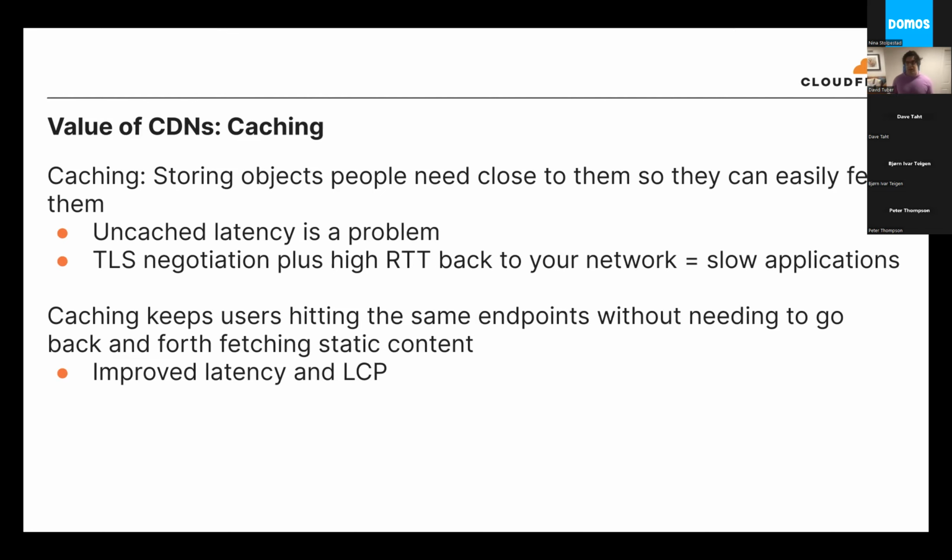If your cache ratios are bad, basically, if users have to continuously go back to your website and go back to your origin wherever it is, let's say it's in Ashburn, Virginia. If users have to go back to Ashburn over and over and over again, that can be a problem if the user is in Riyadh. Not just because they have to go all the way back there, but if we have to establish TLS and SSL, we have to do three-way handshakes, we have high RTT, you're going to have a really bad time. Caching keeps everything close. If for some reason you have to reestablish TLS, we'll talk about that a little bit later. We make it nice and easy, we make it fast.